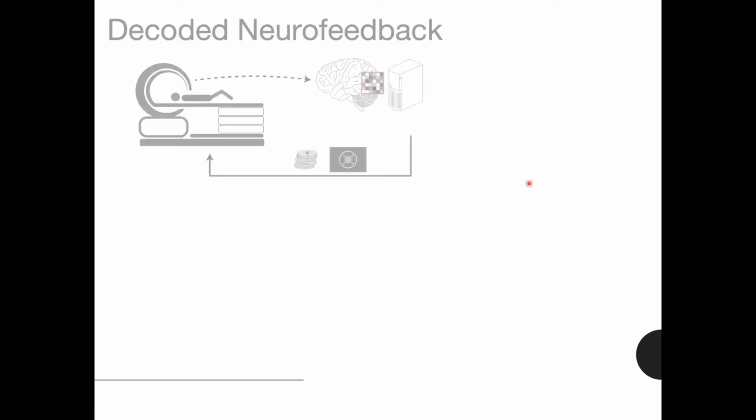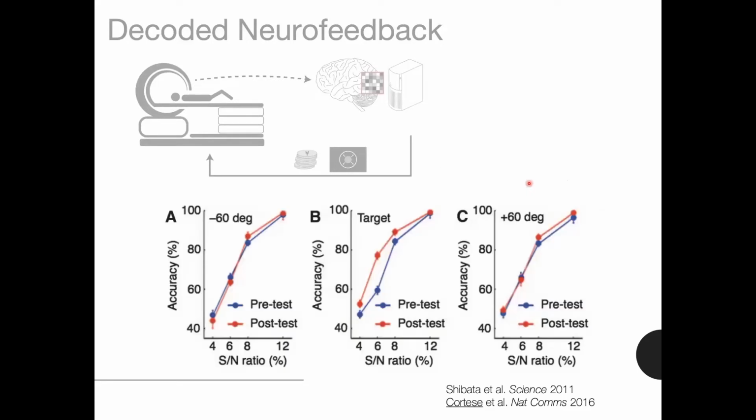And this kind of experiment, this kind of decoded neurofeedback approach, does work. So we see changes in behavior, meaning that there must have been some form of plasticity happening in the brain. So for example, in the first study,